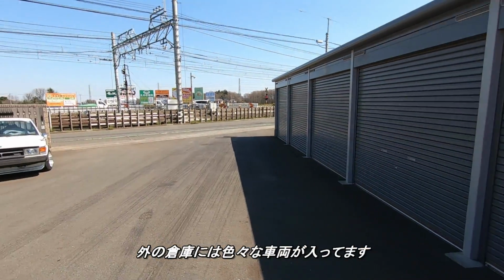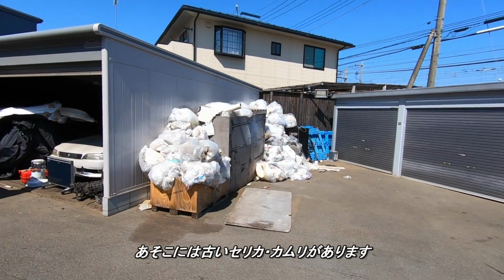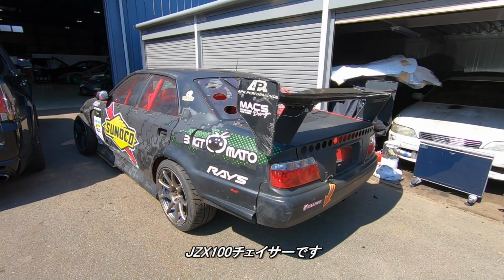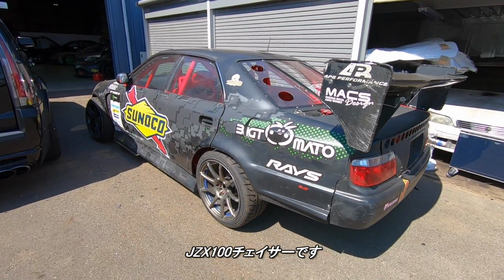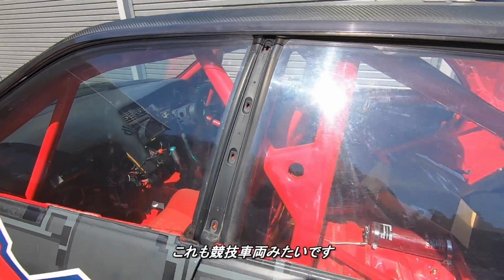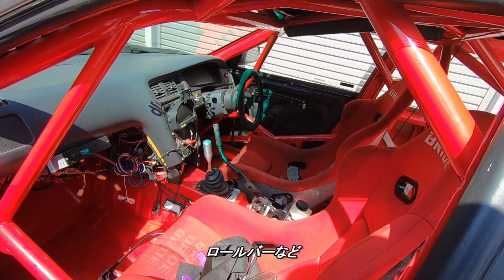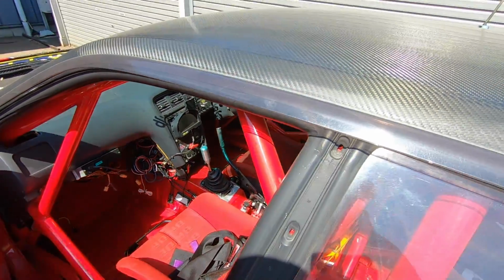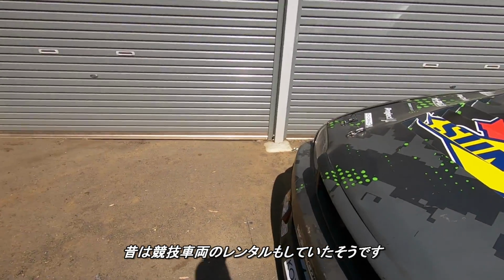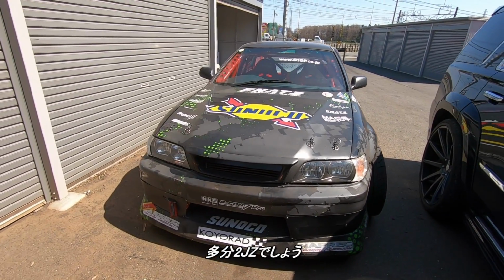And once again, all these little containers have small cars in them here and there. There's an older Celica, Camry, more cars inside there, a JZX100 Chaser. This looks like a car that would be in a competition as well. Caged everything. I think he used to do car rentals for competition too. This might actually be a competition car for somebody else, but I am guessing that it probably has a